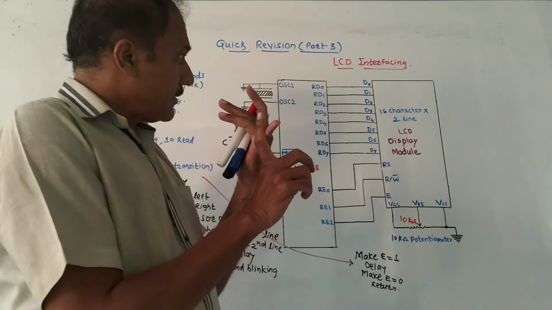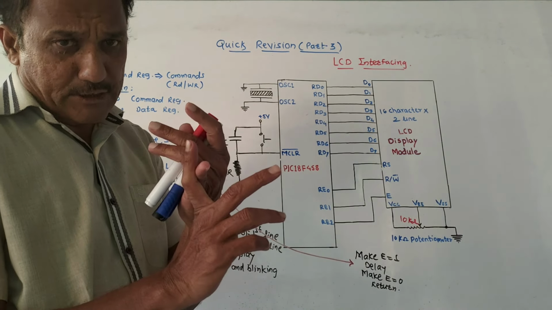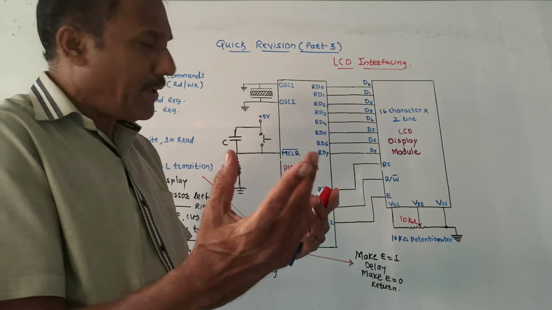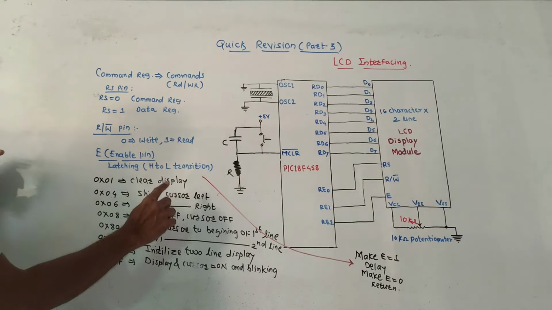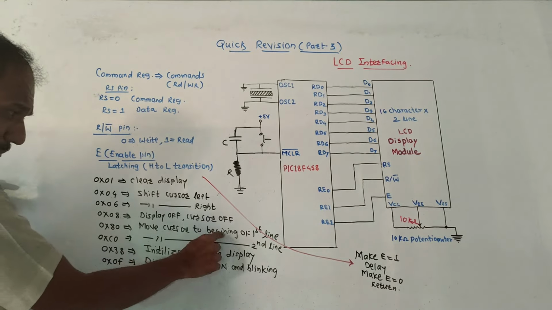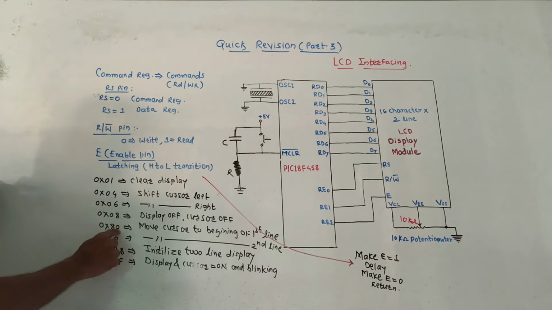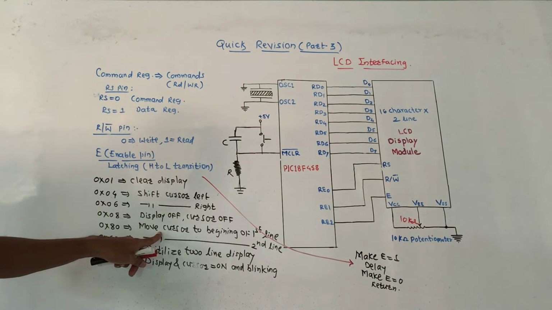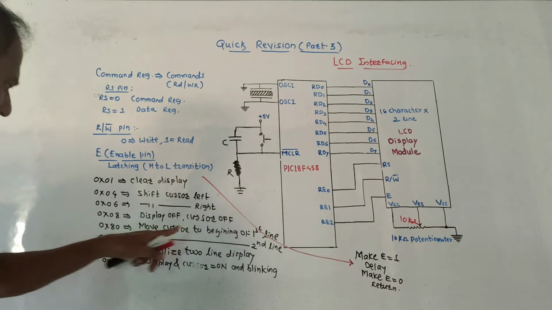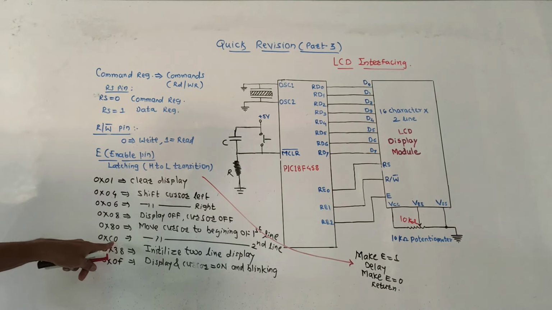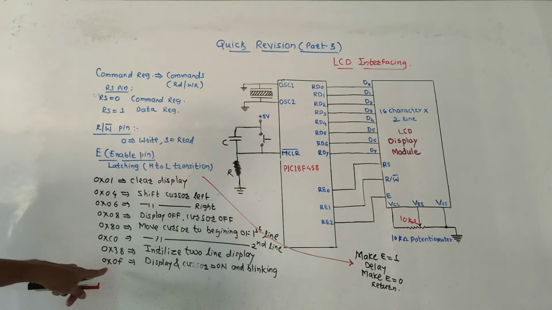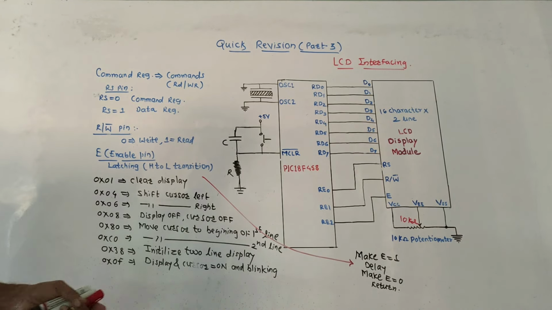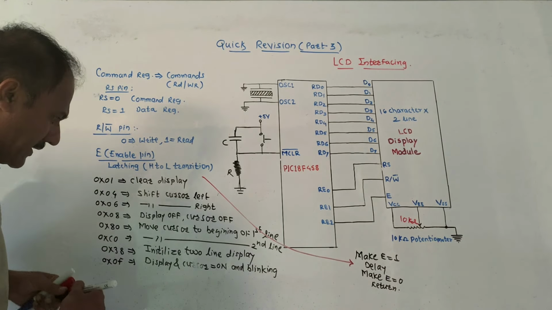Suppose we are using a 2-line LCD display. Generally we make use of 16:2, that is a 16 character 2-line display. In that case, to move the cursor to the beginning of the first line, the command is 0x80. In the same way, if you want to move the cursor to the beginning of the second line, the corresponding command is 0xC0. Then 0x38 is used to initialize the 2-line display, and 0x0F is used for display and cursor